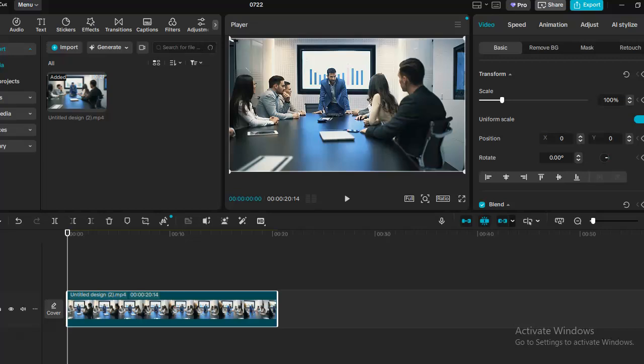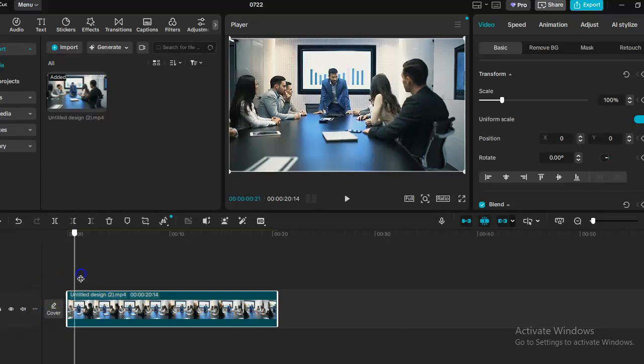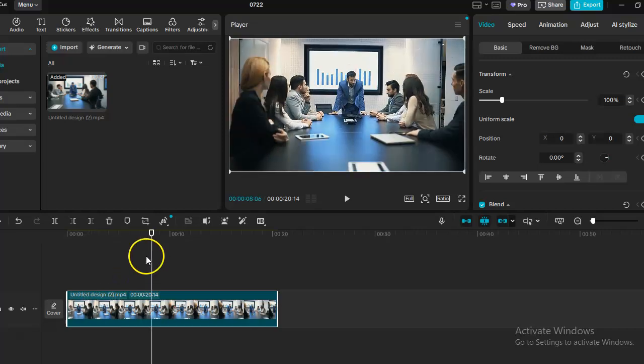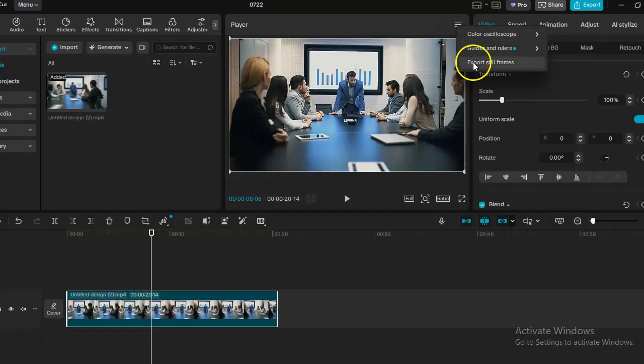Okay, how to export image from CapCut. First, you need to place the timeline cursor to the frame where you want to export. After that, click in the three lines and then click Export Still Frames,